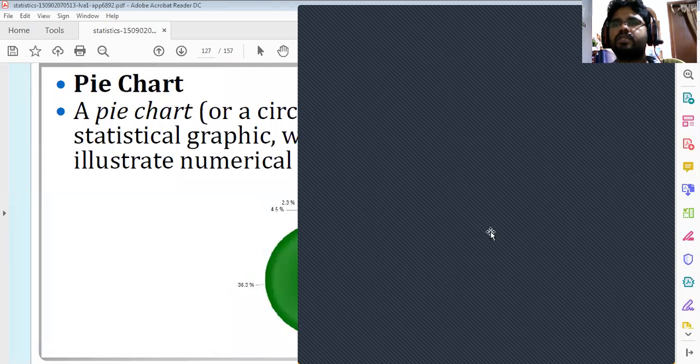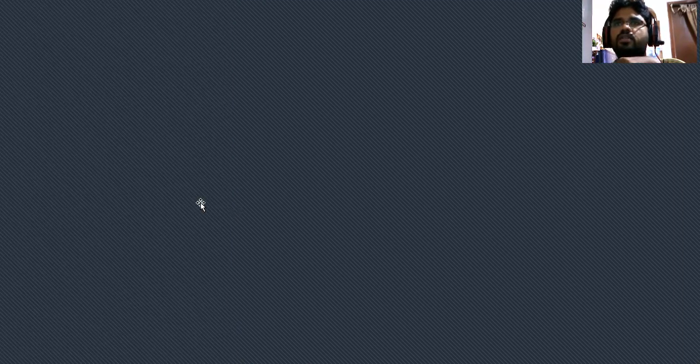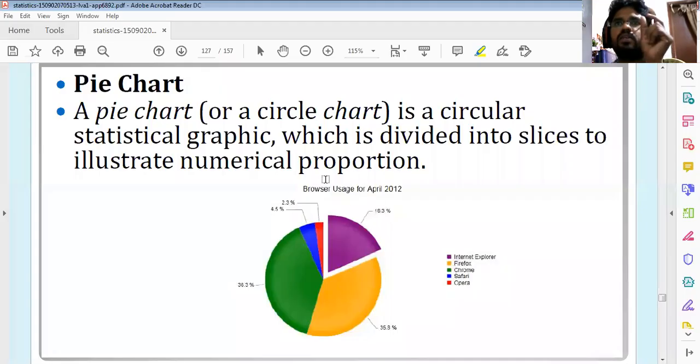Hello, dear students. Is it visible? Yes, sir. Is it not visible? That is the Excel sheet. No, sir, we can't see. Which one is visible for you? Only this pie chart, the black color one. Yes, this one we can see, sir. Okay. Just a minute. I will share another one.